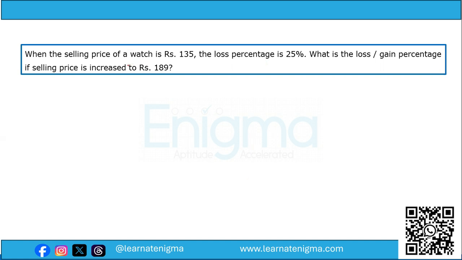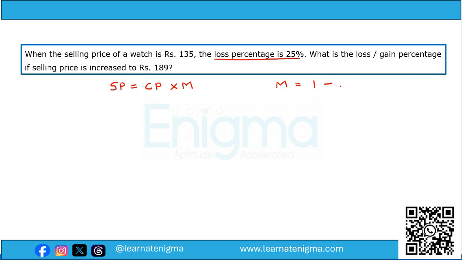Now, whenever selling price or cost price is given and profit or loss percentage is given, you can easily use this formula, that is selling price is equal to cost price into multiplier. Now, in this formula, this multiplier changes depending on whether it is profit percentage or loss percentage. In this case, we have a loss percentage. Therefore, this m will become 1 minus. If it had been profit percentage, it would have been 1 plus